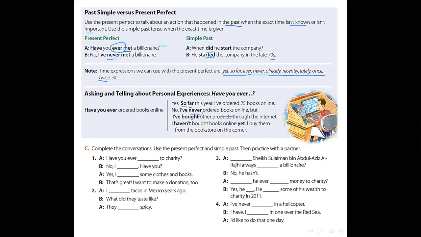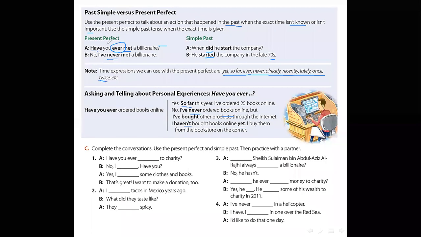Or I have bought the products through the internet. Or I can also say I haven't bought books online yet. I buy them. Pay attention to the use of yet. We use yet when we use haven't or hasn't. Yet is used for negative sentences. Okay? I buy them from the bookstore on the corner. Now,